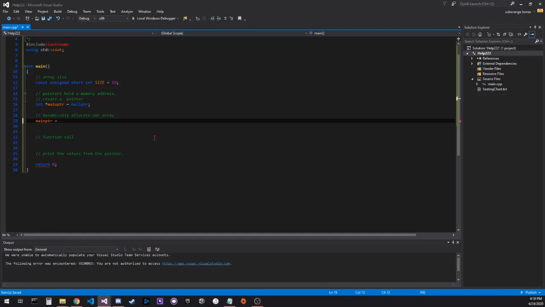So now we're going to use this new keyword. What this new keyword does is basically it allocates memory. It takes a chunk of memory depending on what kind of memory, and then saves this chunk block specifically for this pointer variable we have here called main pointer. And so we want to make an array of integers. So we're going to say a new integer. So we're getting a block of memory that can hold integers, and then we're going to make an array